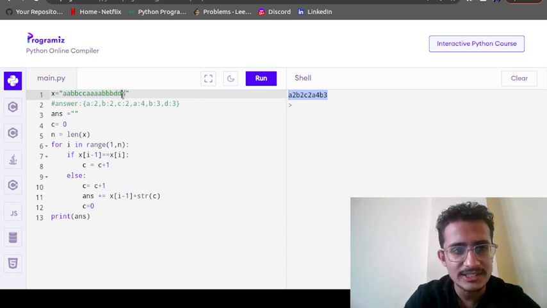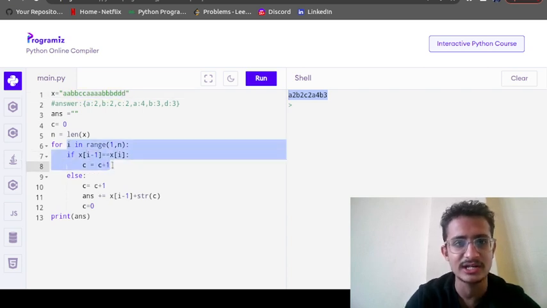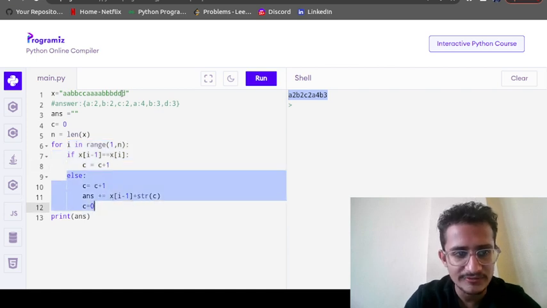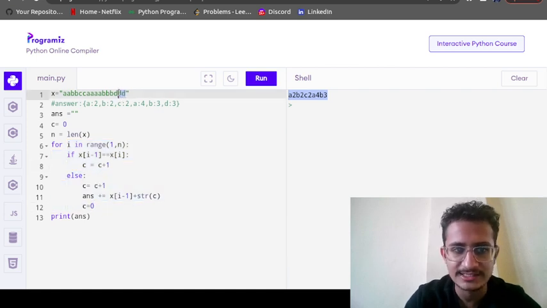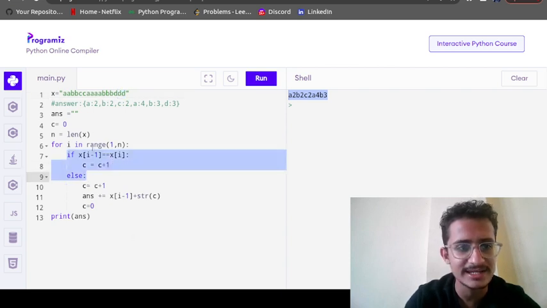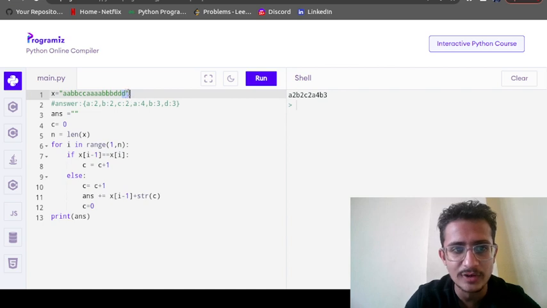Why? Because once the list ends, it ends in the if condition only. It is not coming in the else part. Because when it checks, they both are equal, yes they are equal. So this if condition will become true, it will come to the next element. So now there is no element to compare next.